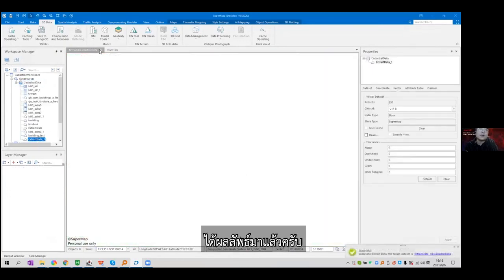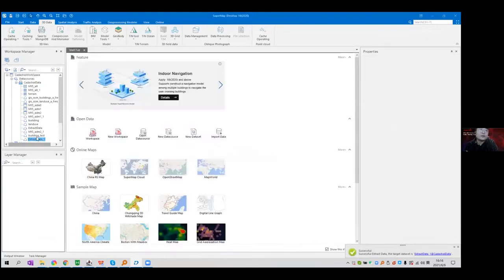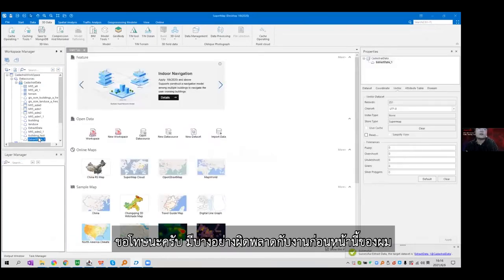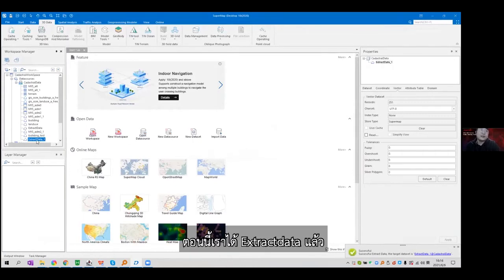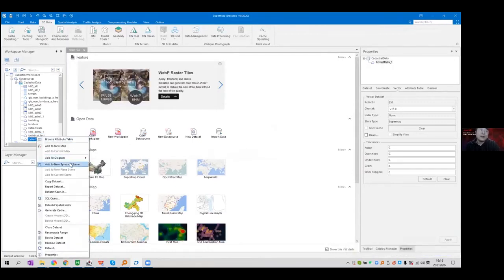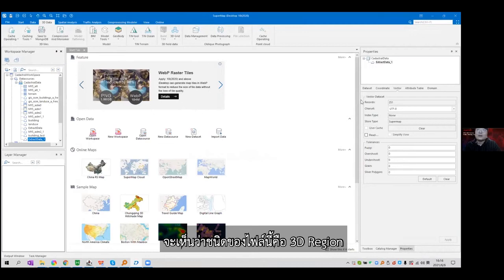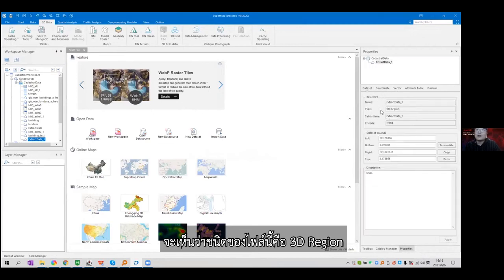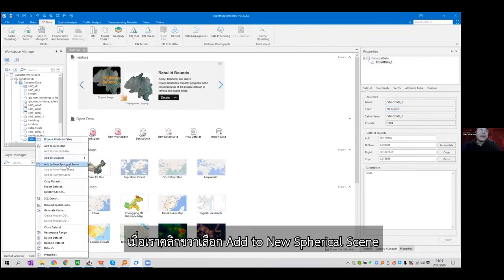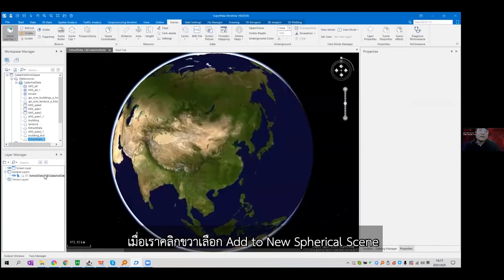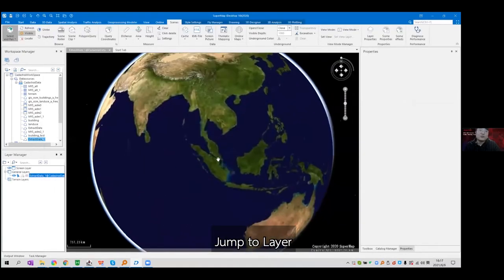Oh, yeah, now we have the result here. Sorry, something wrong with the earlier operation. Now we have the extract data here. And if we right click, we can see the data set type is already a 3D region. It's a 3D polygon data set. And if we add it to the new spherical scene and jump to the layer,